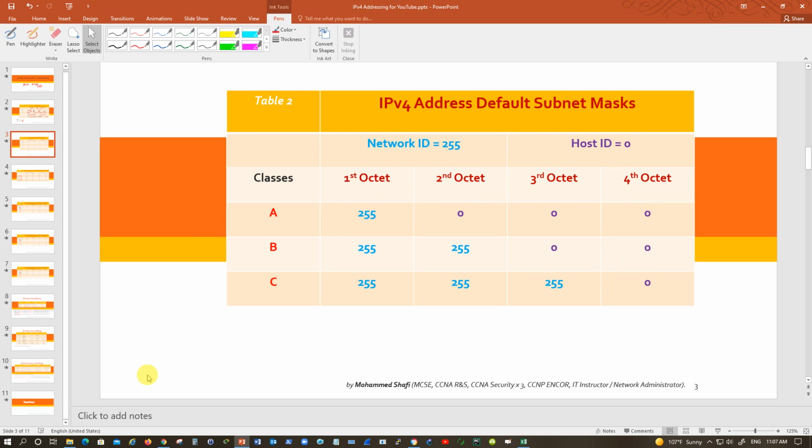The default subnet mask. Okay, subnet mask is actually another address which is used to distinguish between the net IDs and the host IDs in any given IPv4 address. Okay, subnet mask of 255 in any octet represents that this particular octet is a net ID, and any number corresponding to 0 in any given IP address is actually a host ID. Okay, this will be more clear actually, since as you saw in the previous slide that in class A networks we have just one octet reserved for representing net ID.